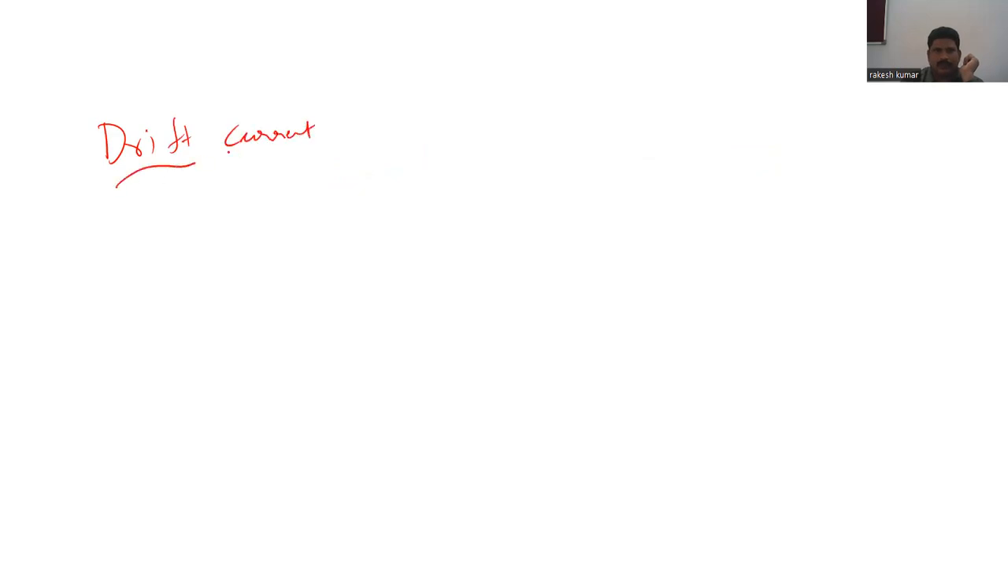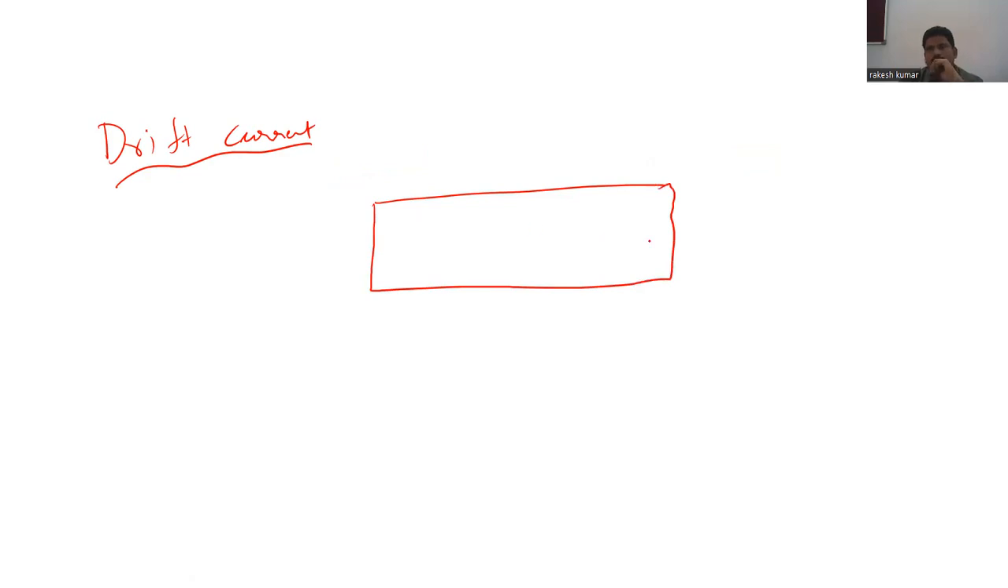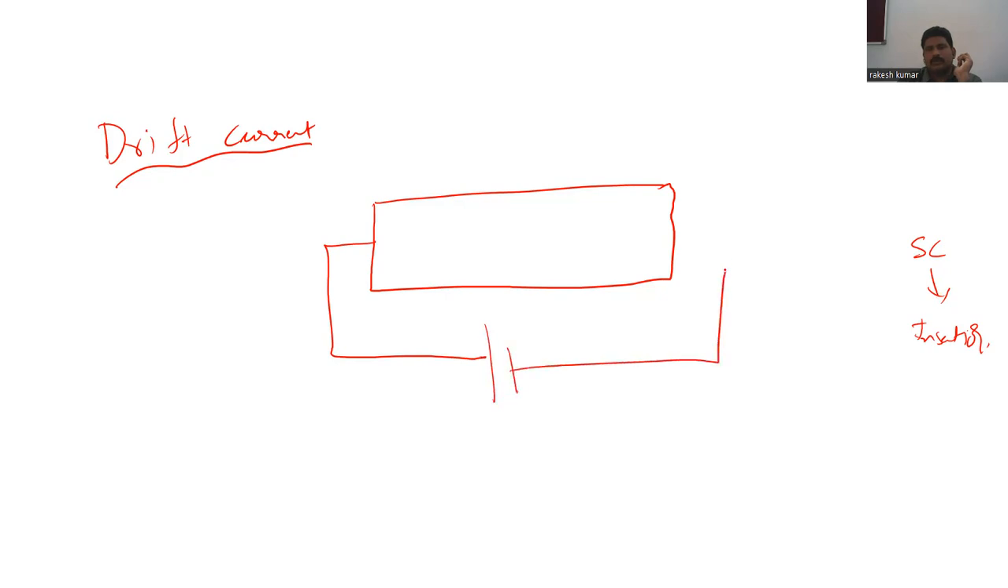So what is meant by drift current? Let us take a piece of semiconductor. Without application of any external voltage, the semiconductor will act as an insulator. At 0 degrees Kelvin, a semiconductor acts as an insulator. Whenever you apply some external voltage to this semiconductor,